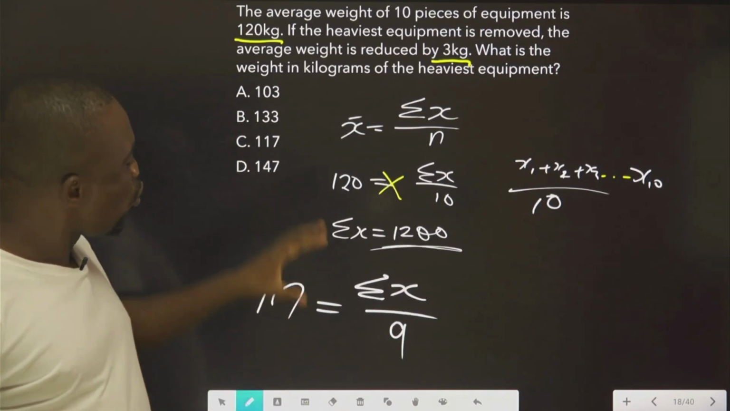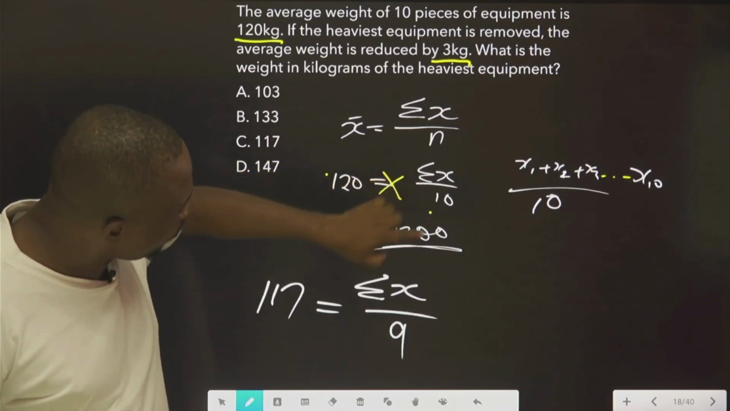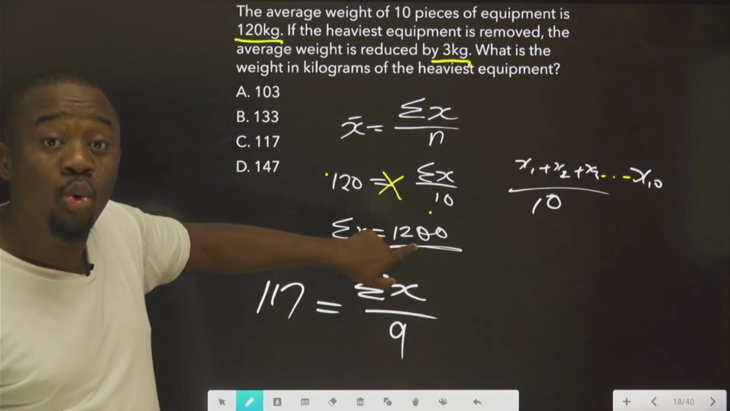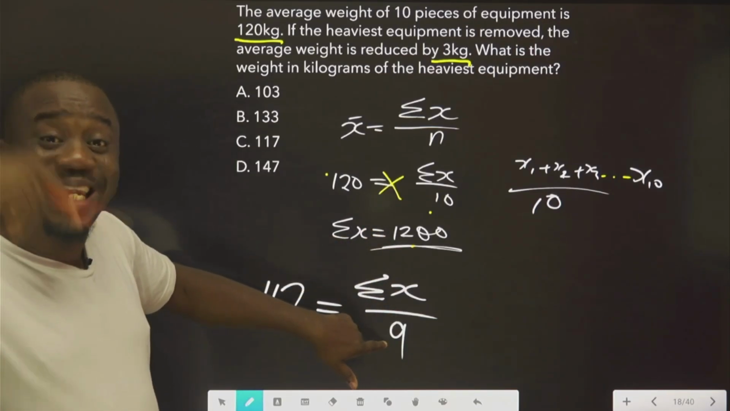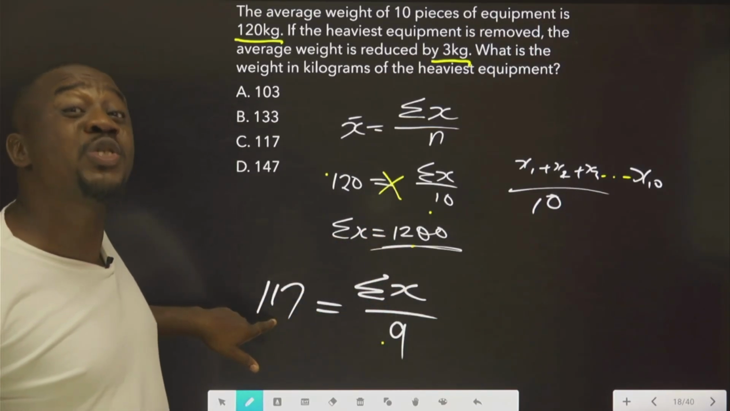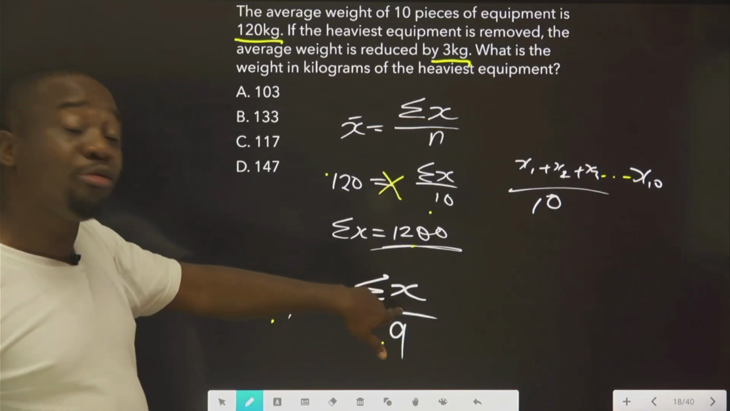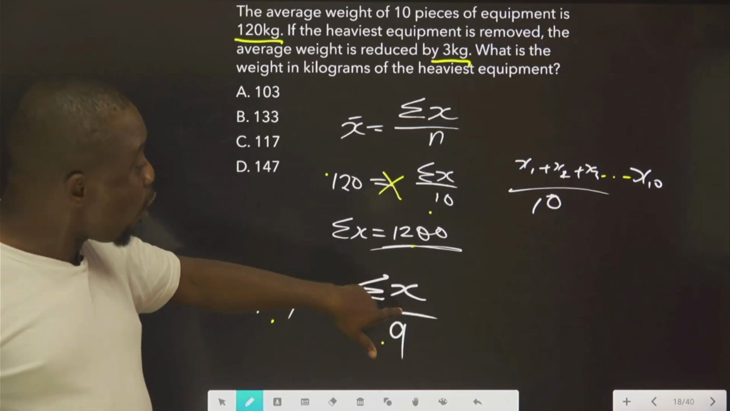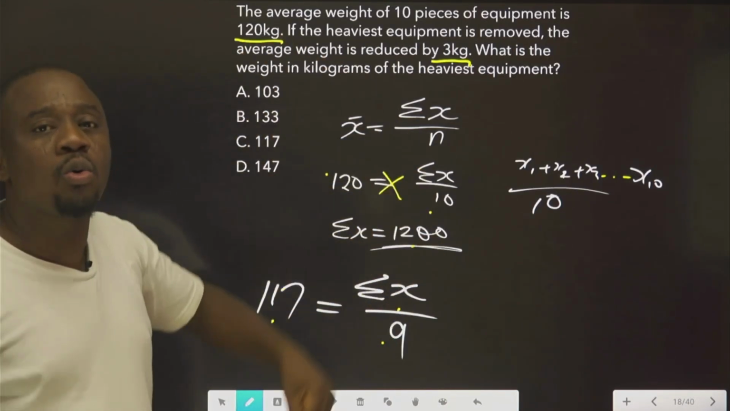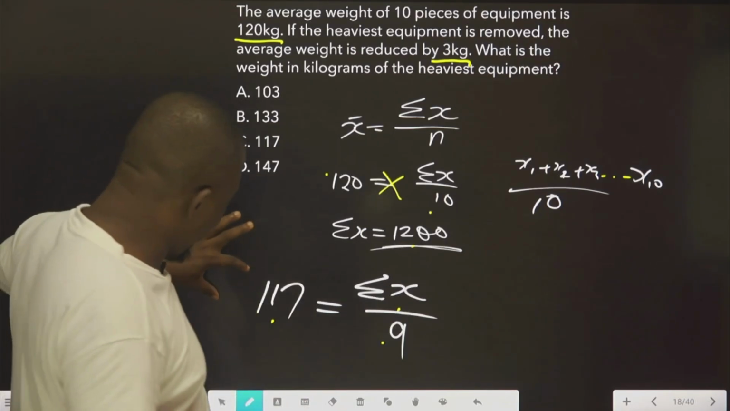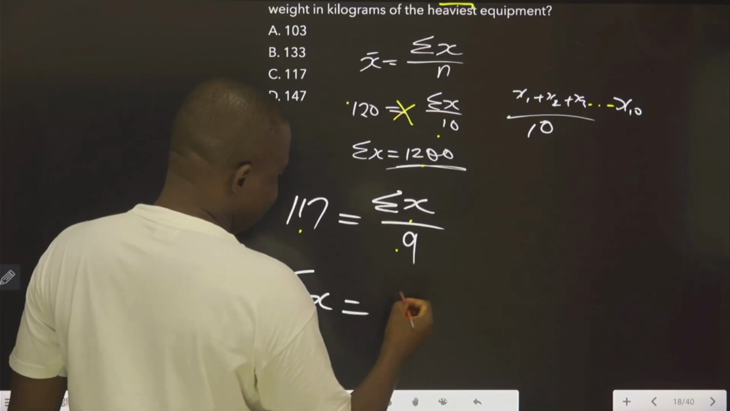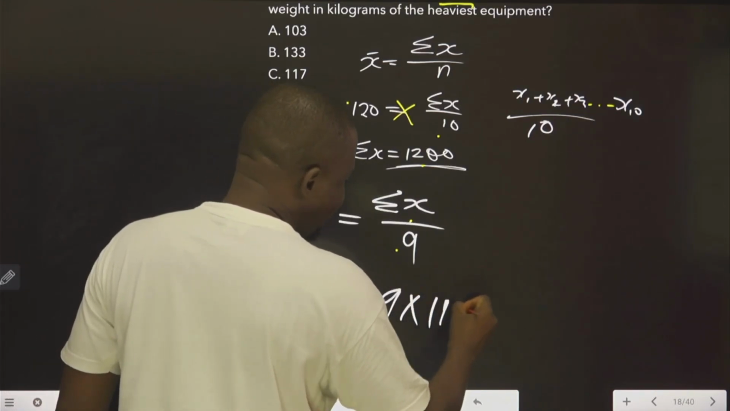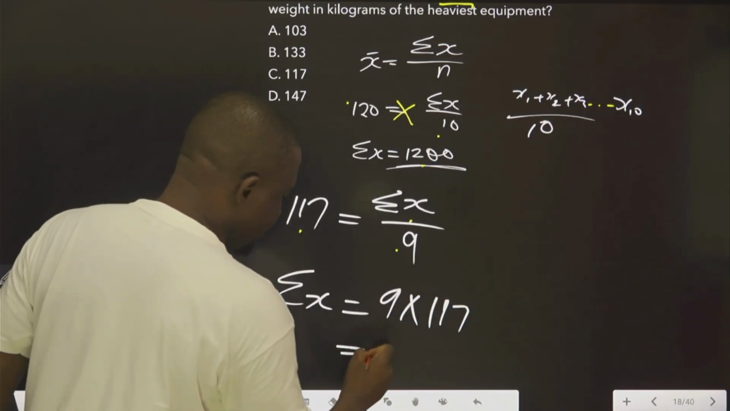Remember that when it was 120 over 10, we got this for total. But now, one of them is removed, reduced by 1, remaining 9. We have to also reduce the average. We have to find this. After we get this, we will subtract it from here to know which one was the heaviest weight. So this new one now is 9 multiplied by 117. So this now will give us,